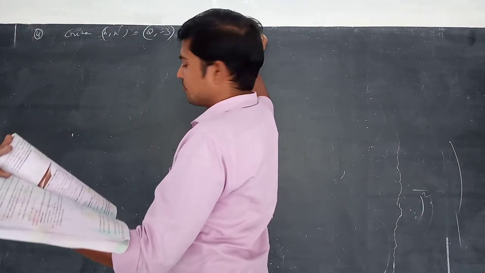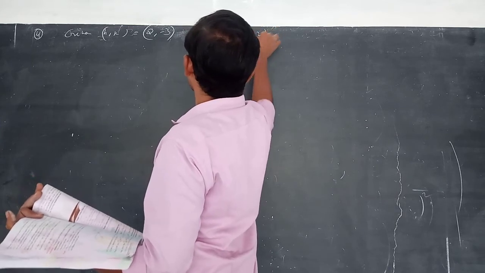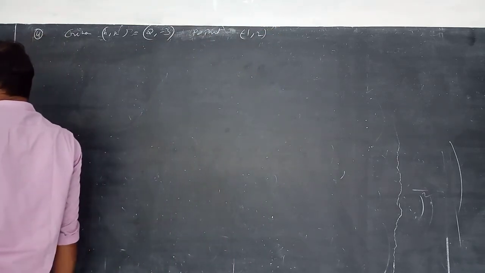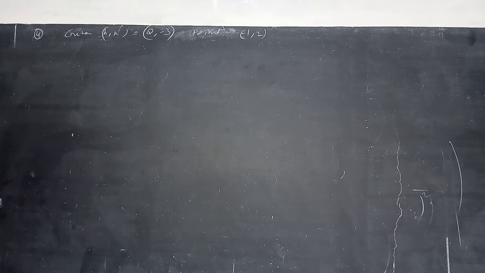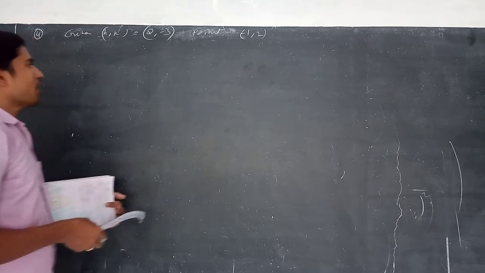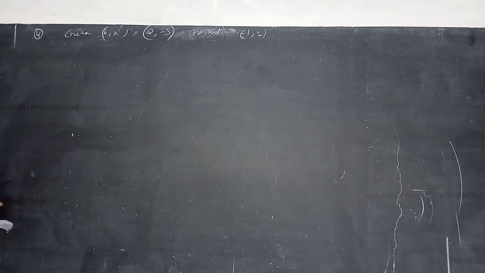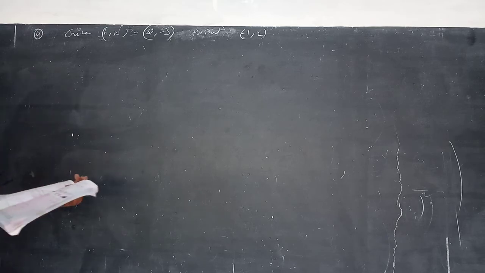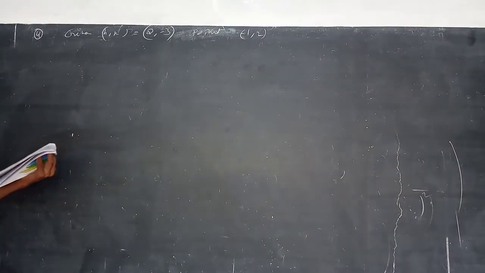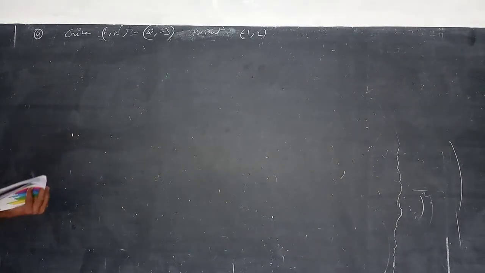Minus 1 comma 2. New system. With respect to the new system, the origin is shifted to 2 comma minus 3, the coordinates of the point with respect to the new system are